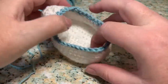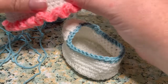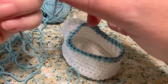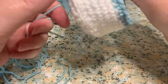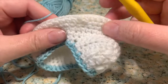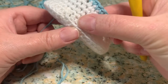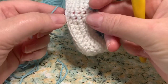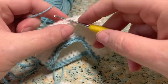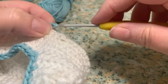Okay, so I'm done with the top part. Now I'm going to show you how to make the ruffles at the bottom. We're going to take our yarn and our crochet needle, and right here at the bottom where you worked in the back loops of your work, we're going to take this ruffle key that it made here, and we're going to cast on our yarn in that loop that we didn't use. So we're going to cast on there,